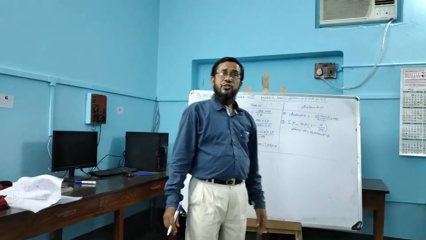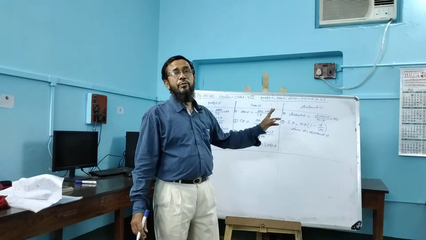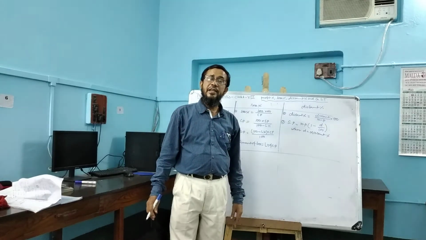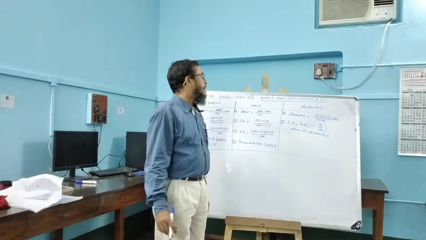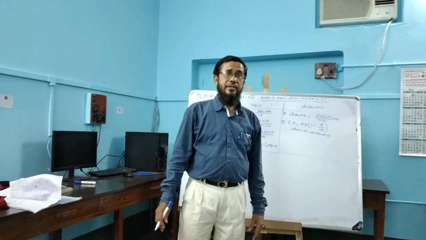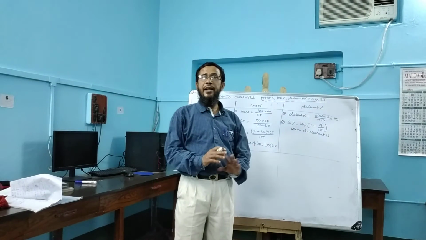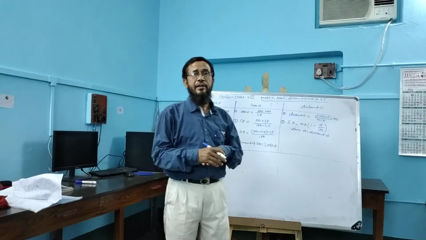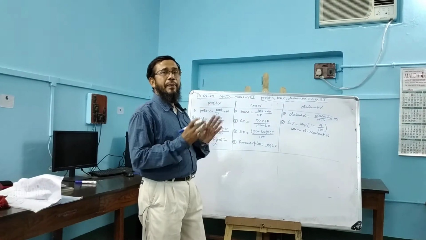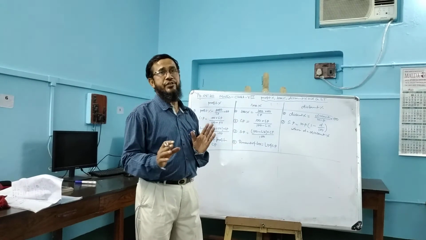On the mark price, just like discount, we have to calculate GST, and GST should be added with the mark price, and that will be the price of the goods including tax. Not new, but like discount. Discount is subtracted, but GST should be added. And when GST is added, it will be named the price of the materials or price of the objects including GST.